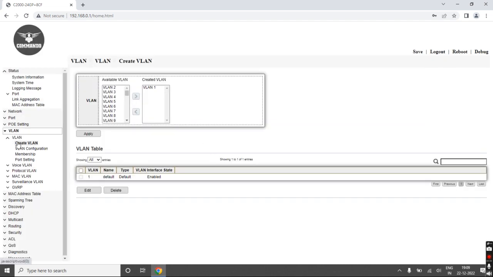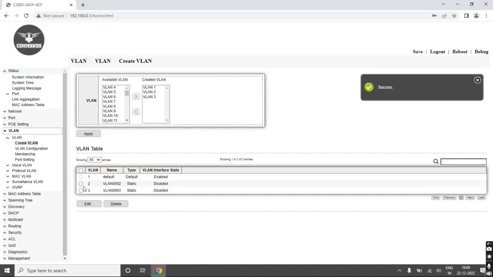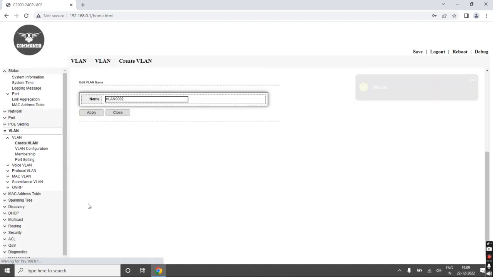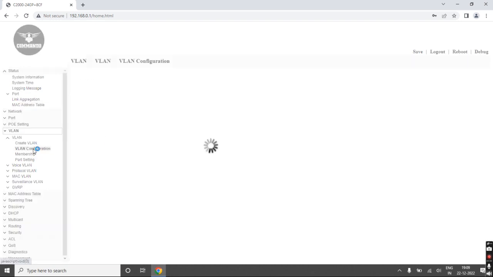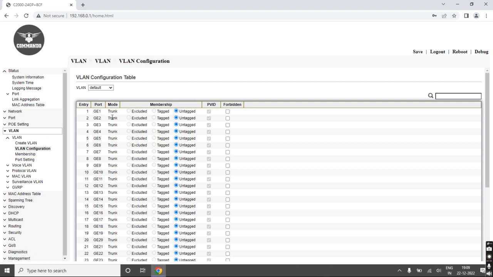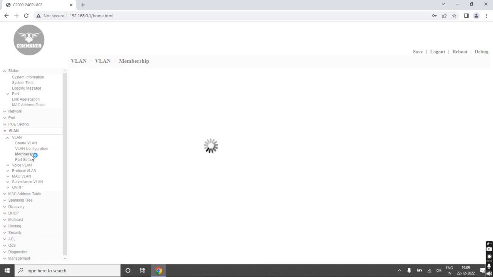We'll start with the VLAN feature. In this VLAN feature, we can create 4096 VLAN configurations. So by this we can create VLAN 3, VLAN 2. After applying, we can name those VLAN by editing. We can change the name of the VLAN. We can configure the port to have access membership to that VLAN